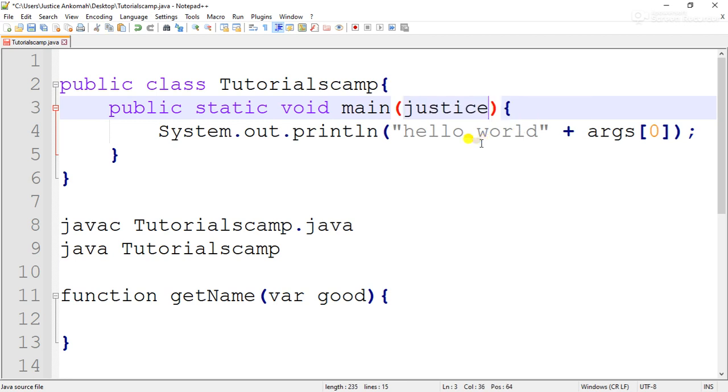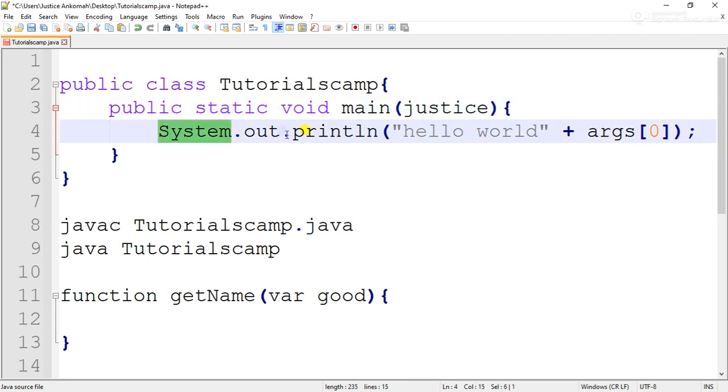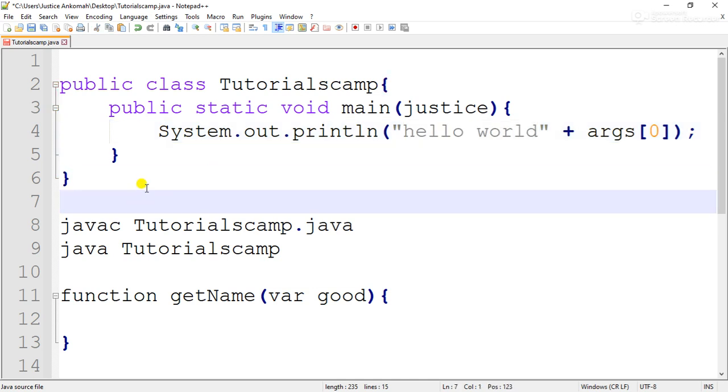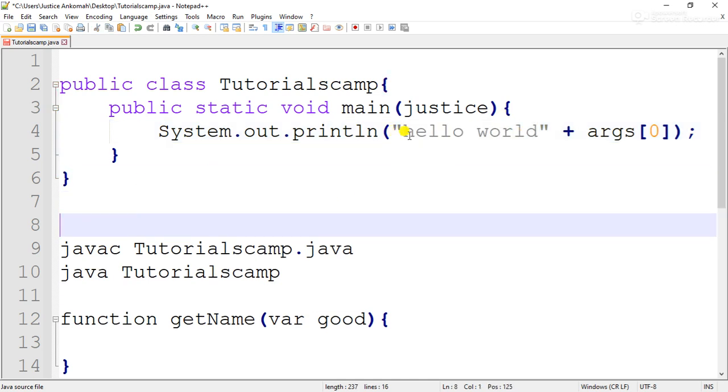It will add something just for reference, something like this, and then you come to System.out.println. When you pass it there, you will execute everything. System.out.println means print something on the console. So it will print something like hello world, and